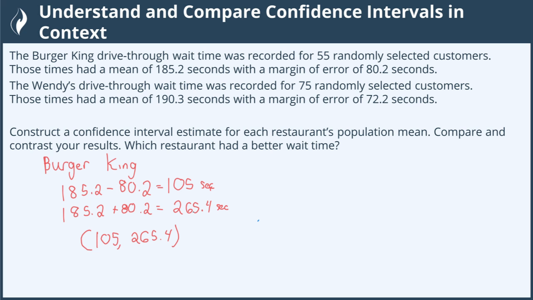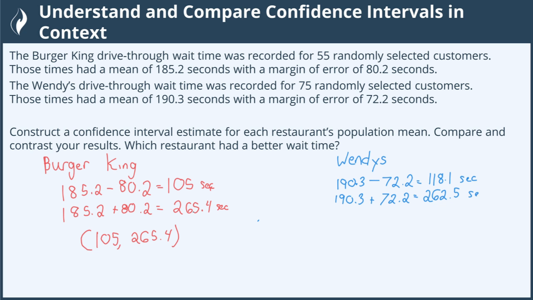Next, let's take a look at Wendy's. Wendy's has a different sample size of 75 customers, a different mean, and a different margin of error. The process is still the same. We're going to take the given mean, 190.3, subtract the margin of error of 72.2 for a lower endpoint of 118.1 seconds. For the upper endpoint, the mean plus the margin of error provides an upper endpoint of